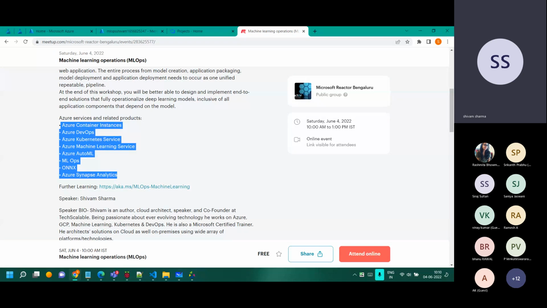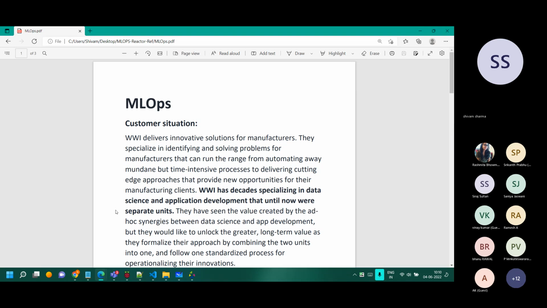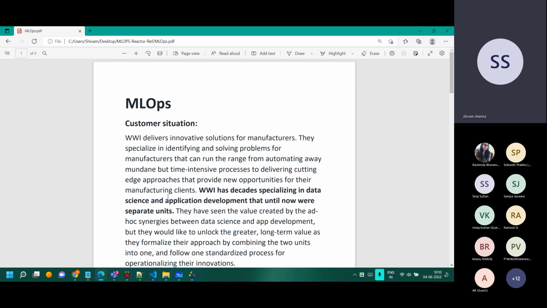Now I have the customer scenario open with me. First, I'll just set the theme, because the problem statement needs to be very clear before we can start solving it. We will spend maybe the next 10 to 15 minutes understanding the problem statement properly. And once we understand it, we will jump into the whiteboard designing and the deployment at the same point in time.